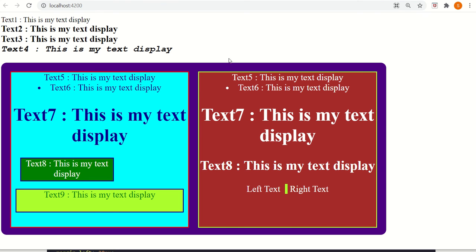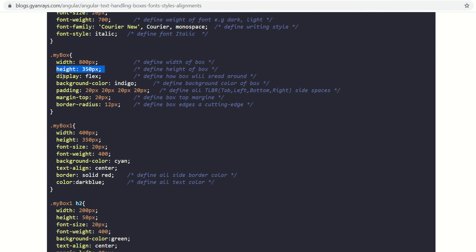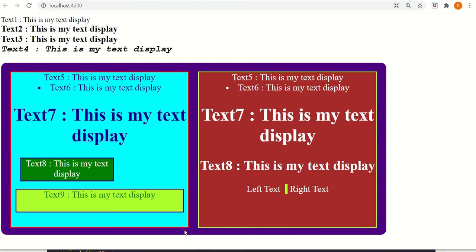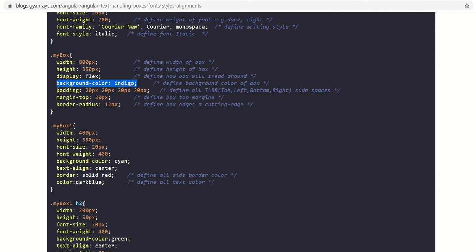So what it will do is occupy this place for this box, and whatever we write will come under this box. But wait a second, this box is empty, it has nothing. So let's put in a background color. Here we are displaying the background color as indigo. That means you can see the background color is indigo, blue. And then you can see the padding. Padding means the space in a box from the left, right, top, and bottom.